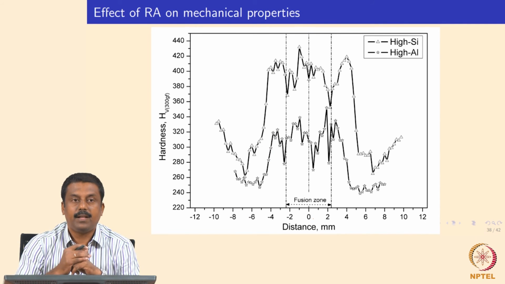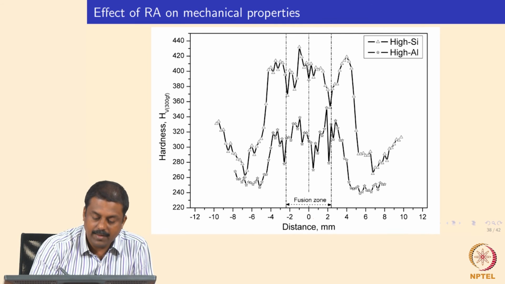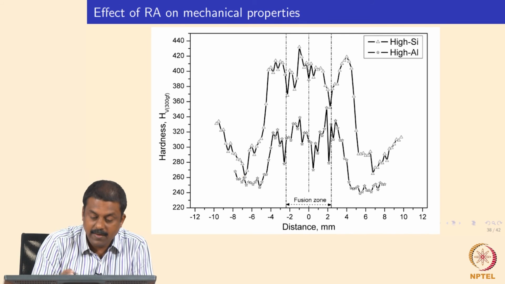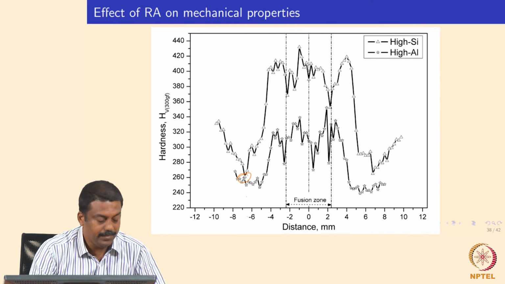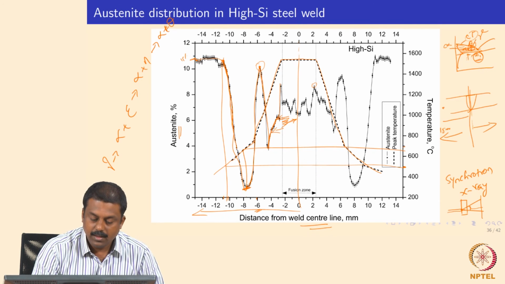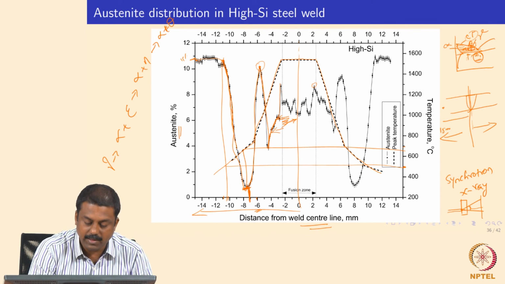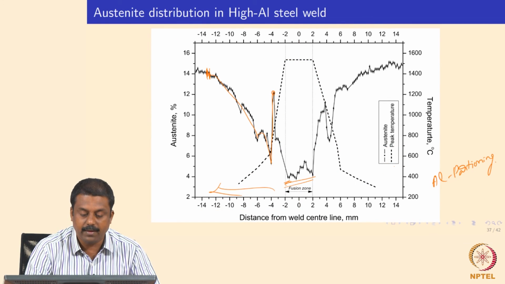And you can also see the effect very clearly in the mechanical properties, the effect of retained austenite fraction. Whenever the temperature reaches just below the A1 temperature, where you don't nucleate austenite and have a minimal amount of retained austenite, as in the previous graph I showed you, in the regions where retained austenite is close to 0%, say -6 to -8, you see extreme softening.